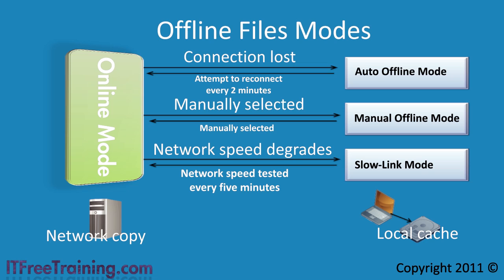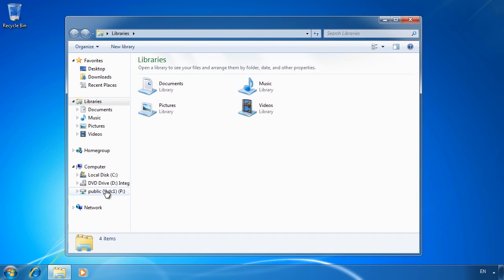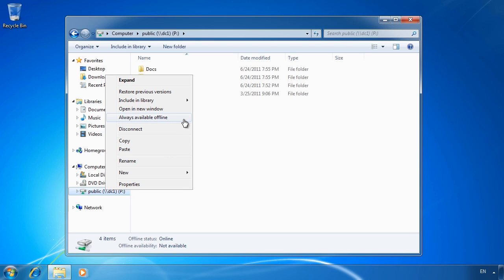Let's have a look at how to use offline files in Windows 7. To demonstrate offline files, I will first open Windows Explorer and go to a network drive that I have already mapped to a server. If you want to make the whole share available offline, right-click the share and select Always Available Offline. In some cases you may want to do this, but on large shares that are dynamic in nature,